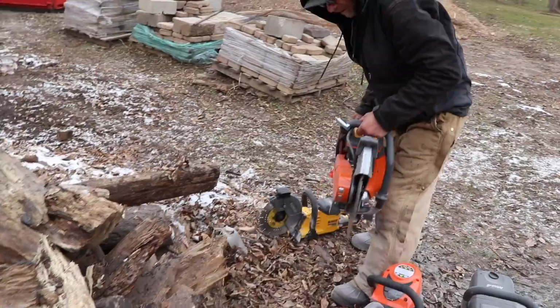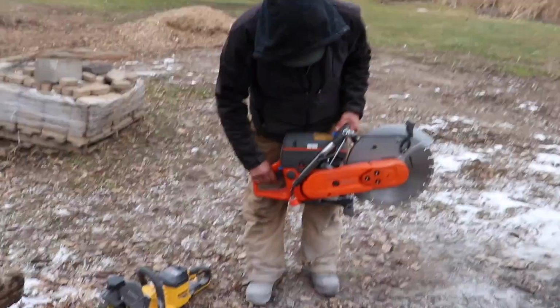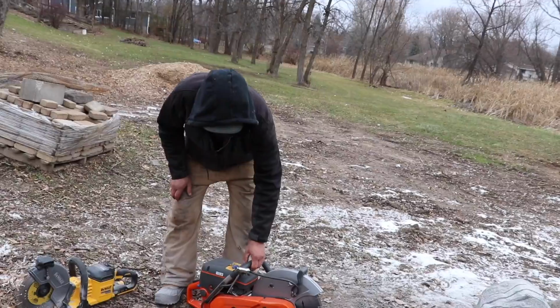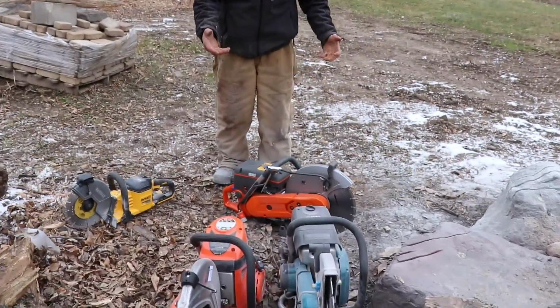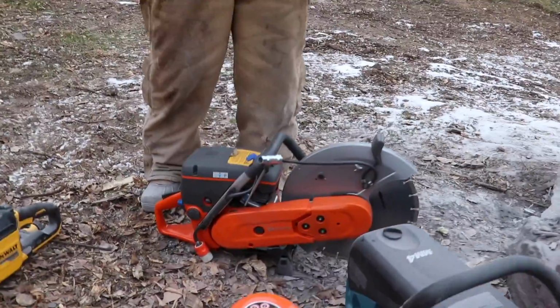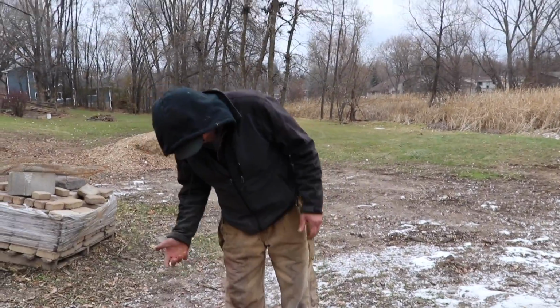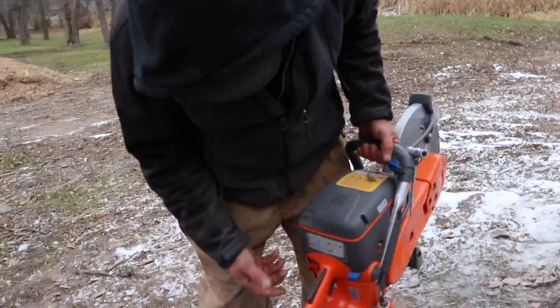Husqvarna, for the gas-wise, is my favorite. So wait a minute, you like the Husqvarna better than the Echo at this point? I do. I saved that one for the best just because for me it is balanced a little bit better. I mean, I'm just saying for myself. Okay. I like the controls. You still got your on-off,